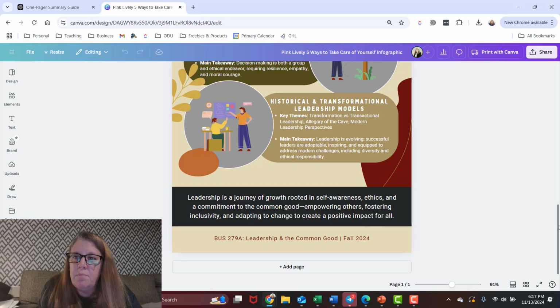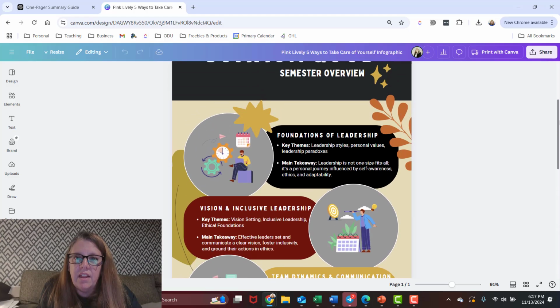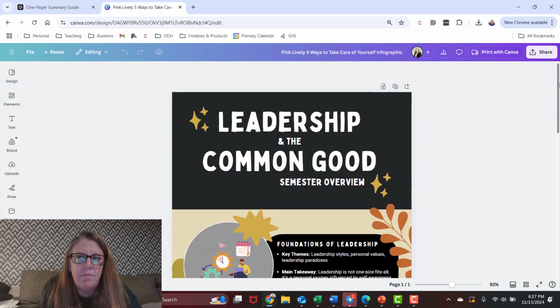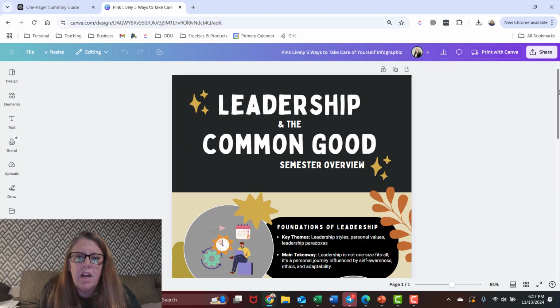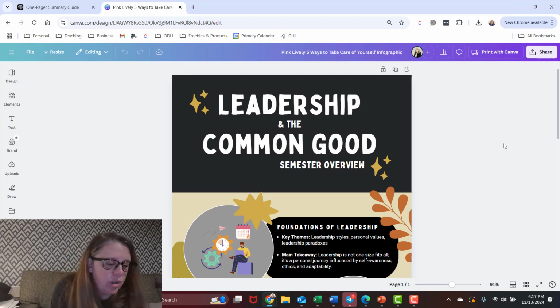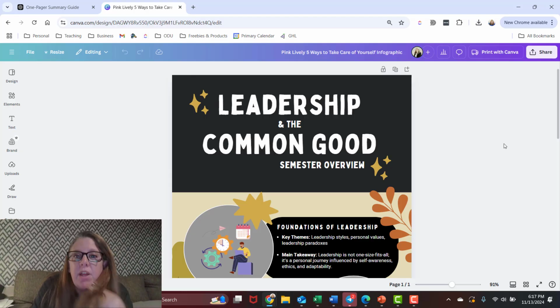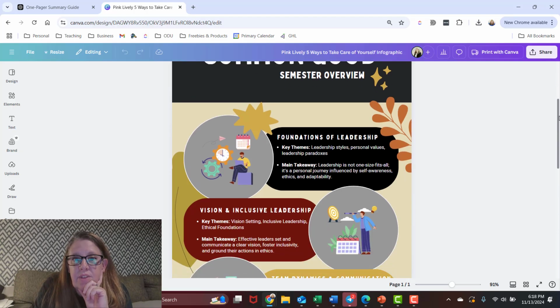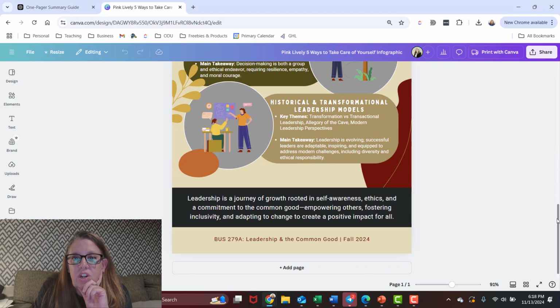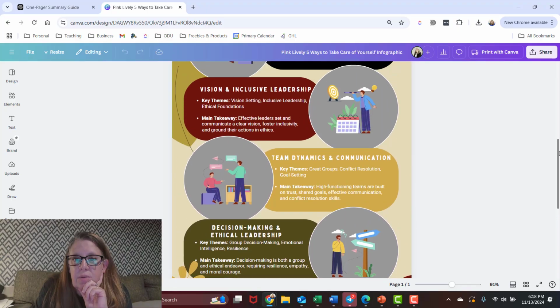So this ends up being the infographic size, 11 by 14, something like that. So what I intend to do is get some. I couldn't find any 11 by 14 paper at school today. Oops. So I am going to get some at the grocery store and run that through and make some color copies of this. So it's a nice one pager of here's the overview of things that we talked about.